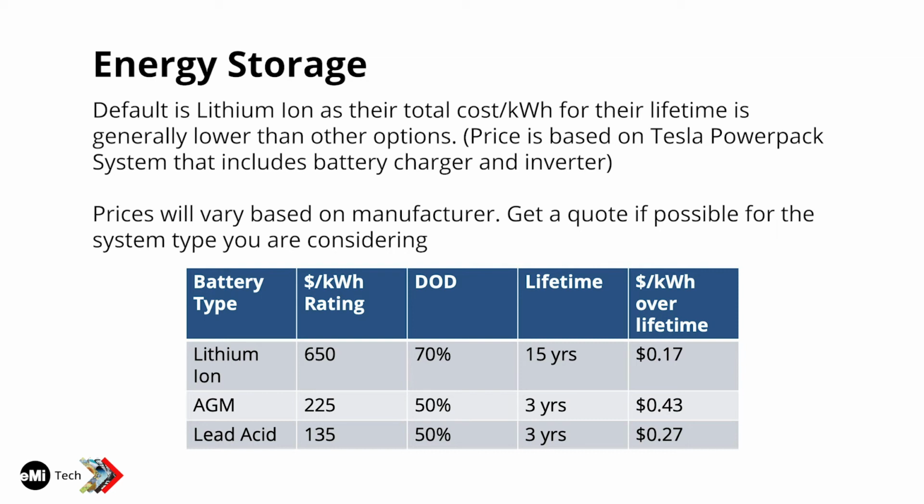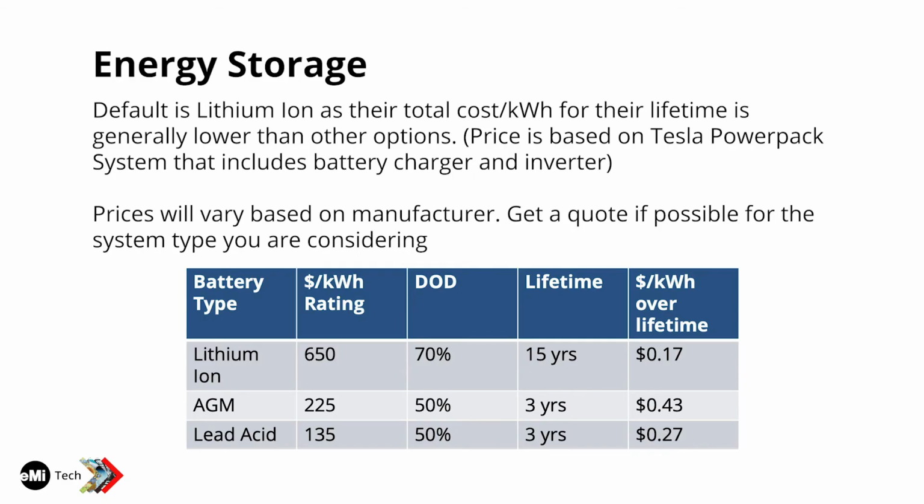lifetime. And oftentimes there's a whole curve for this, so it's not like it's only 50%. If you discharge it 80%, this lead acid battery is going to last a year or something, right? It's going to die very quickly. And if they're cycling at less than that, like they're only discharging a little bit, it may last more than 3 years. So it's variable based on how much you're discharging.